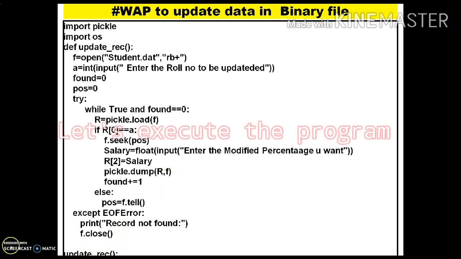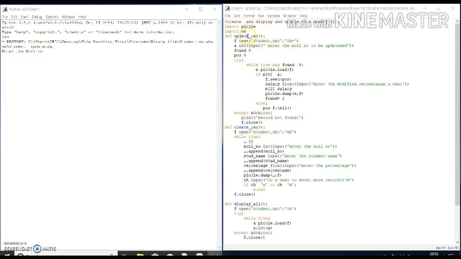Let's run the program. Now I am compiling the same program I wrote, the update_rec function. It is asking to enter the roll number. Suppose I put the same data so you are not confused: 001, name, percentage 90.